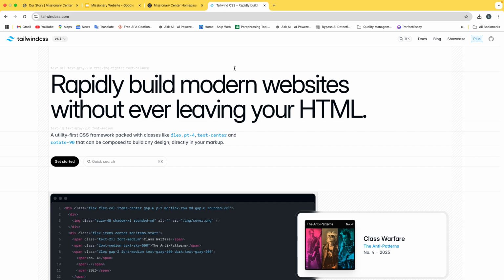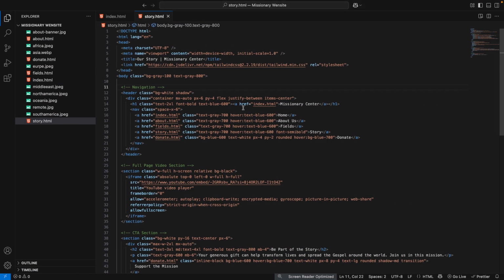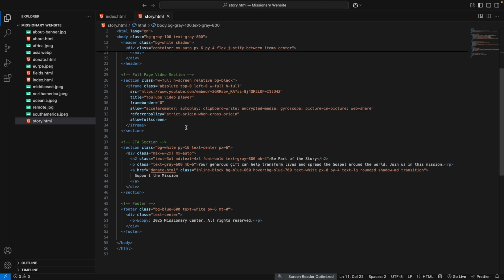So, but in this case, we won't be talking much about the Tailwind CSS library because our website is developed by the AI. So we just ask AI to fix the issue. So we'll just select the video section